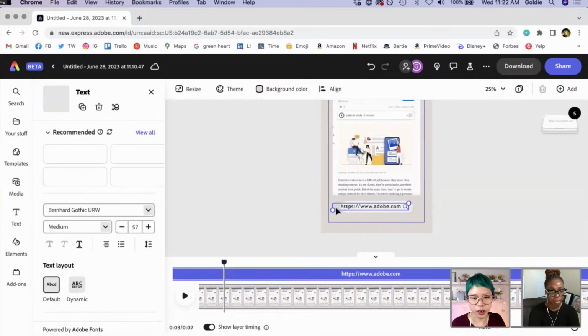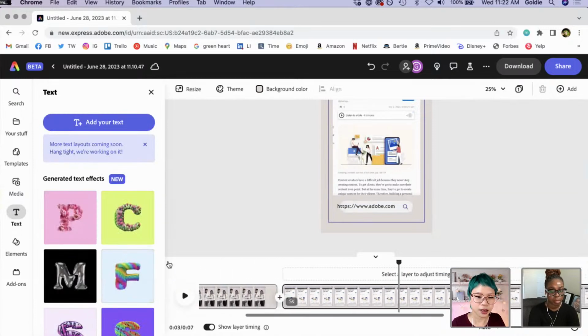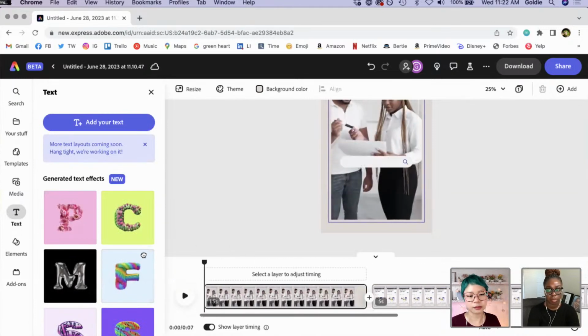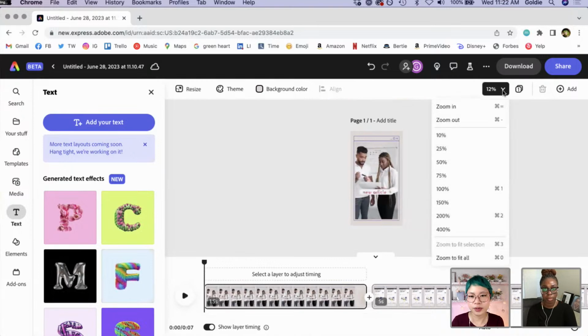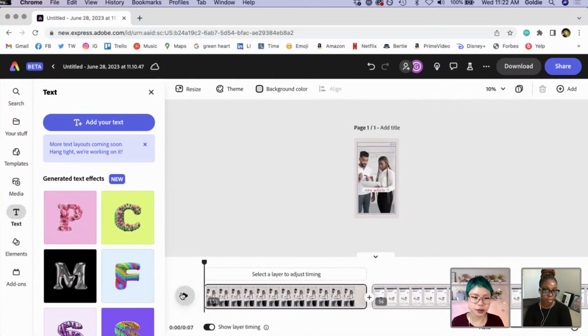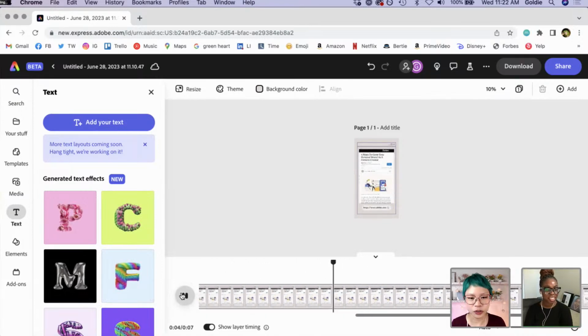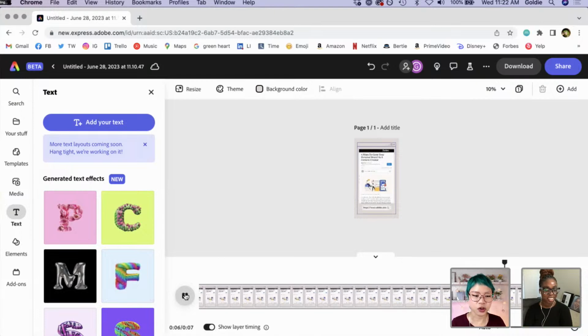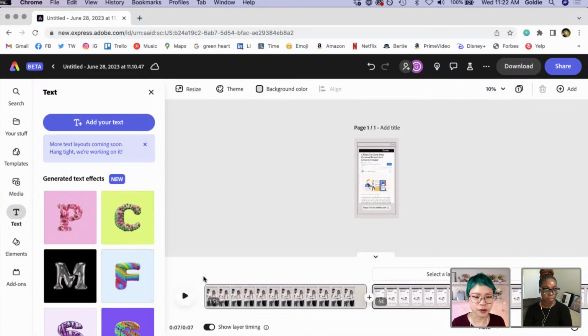Okay, so now we can play through this whole thing. I'm going to add in one more element before we're done with this particular one. This is what it looks like, with that drifting in. Now we're going to add in a couple things to this. This is a video, and one thing I haven't shown you how to do on any of these videos yet is we're going to go into